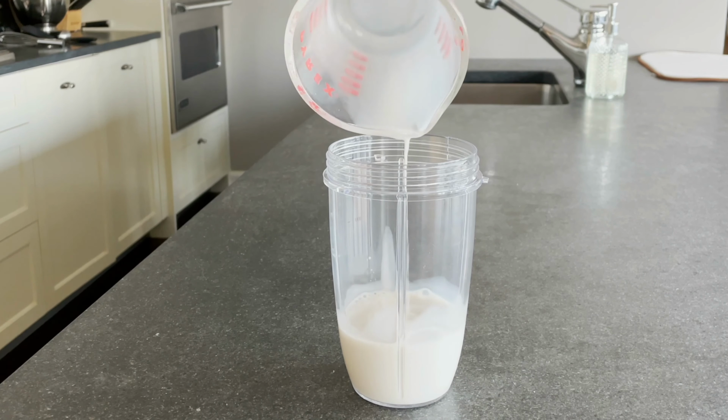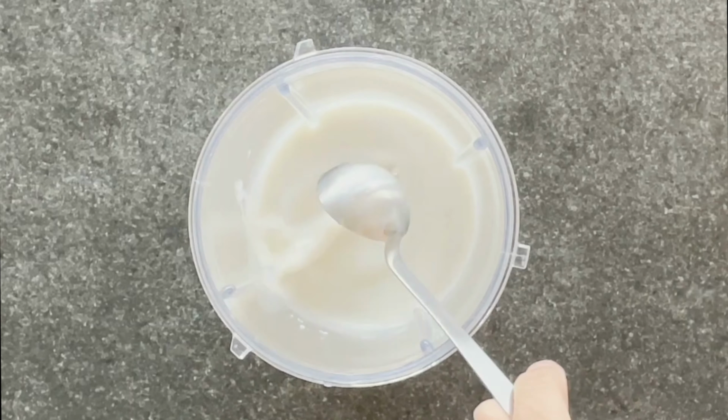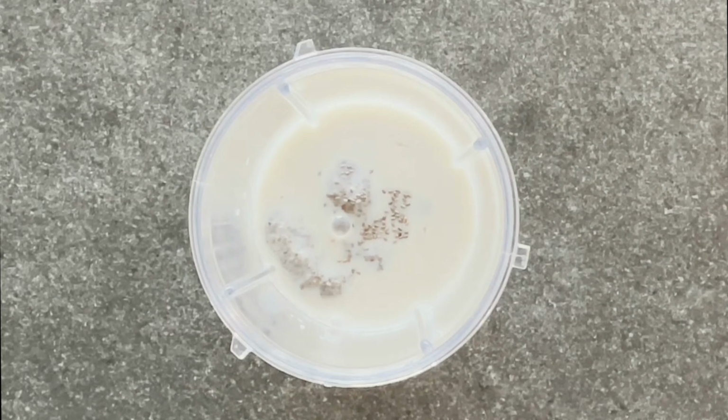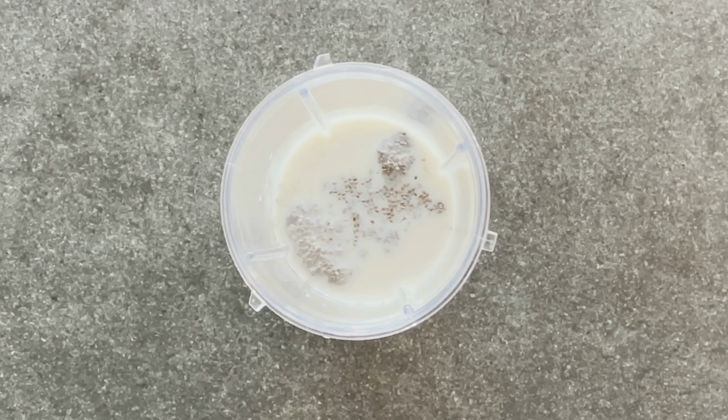We're first going to start with our wet ingredients. We're going to make a non-dairy buttermilk using 1 cup of almond milk, in which we're going to add 1 teaspoon of lemon juice. We're also going to add 1 tablespoon of chia seeds and let this sit for 5 minutes. You can see that the chia seeds have thickened and the liquid is a little bit more gelatinous,